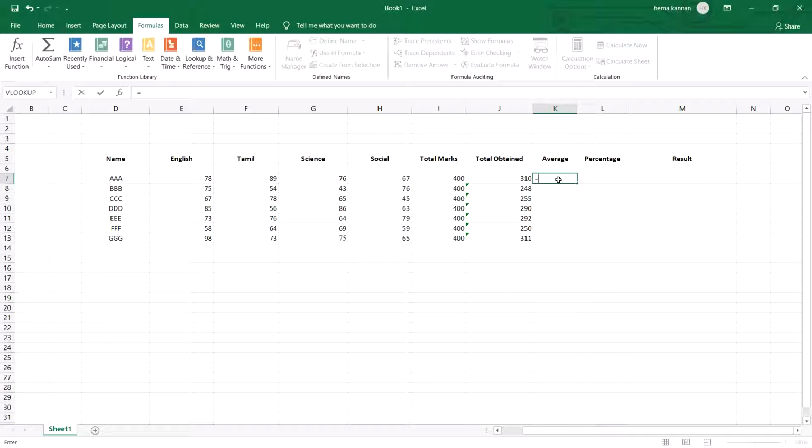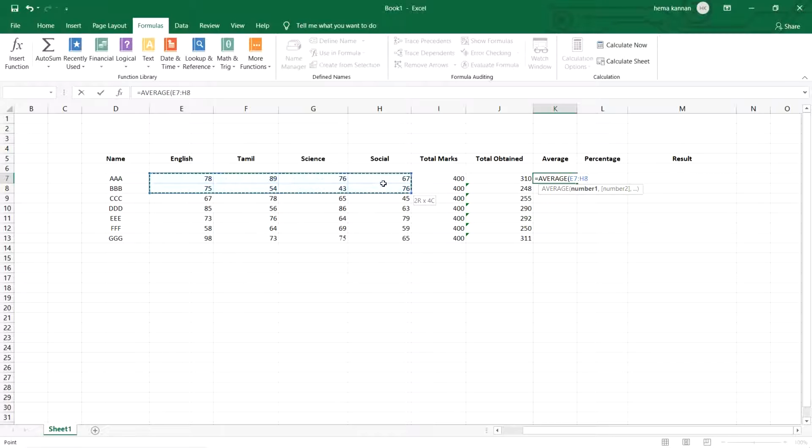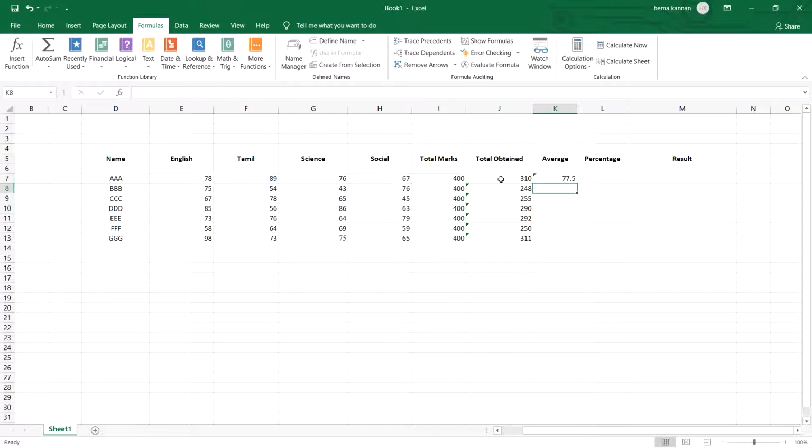Equal to average, it will be auto suggested, select it, then give the numbers. Either you can select the whole thing, or you have given the average here. But I am going to select the range itself. So I have given the range, close bracket, enter.